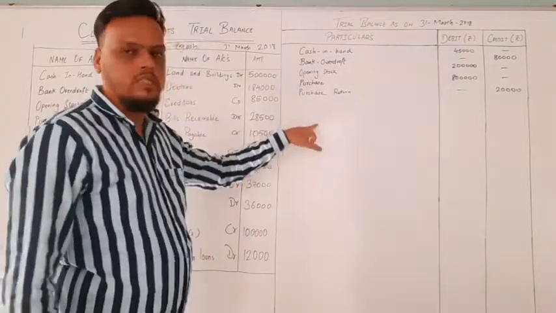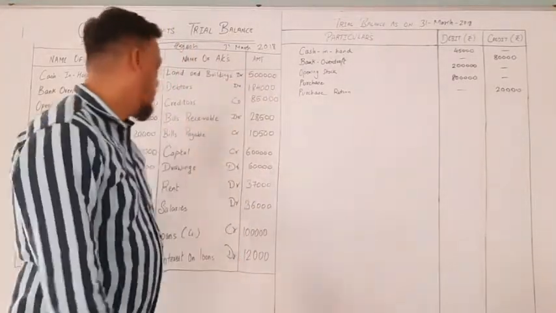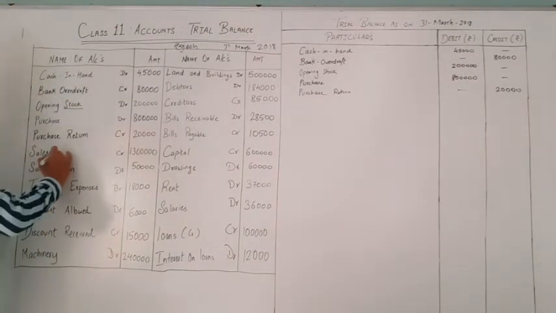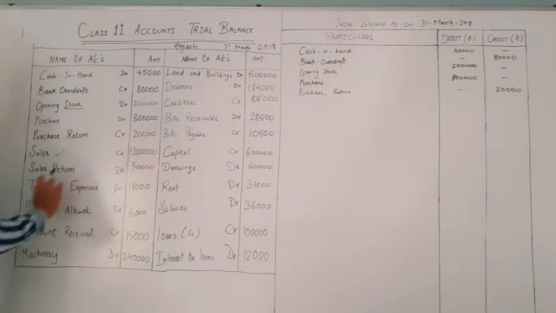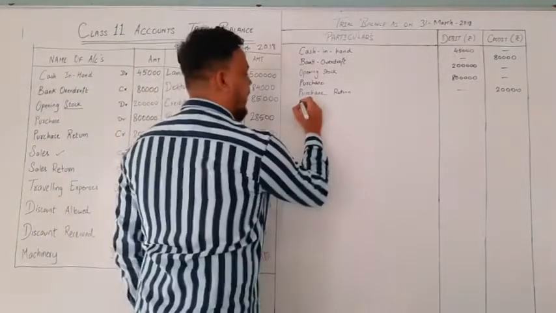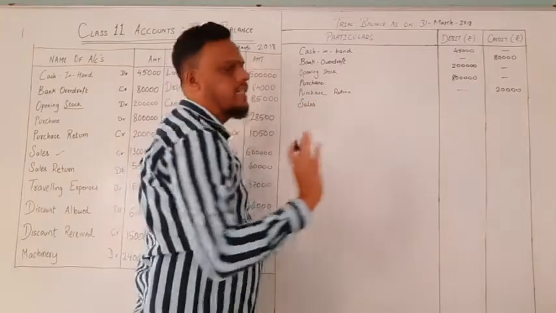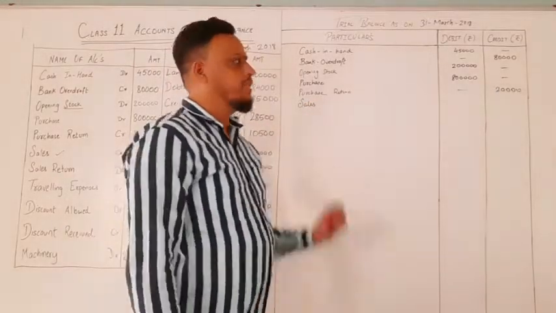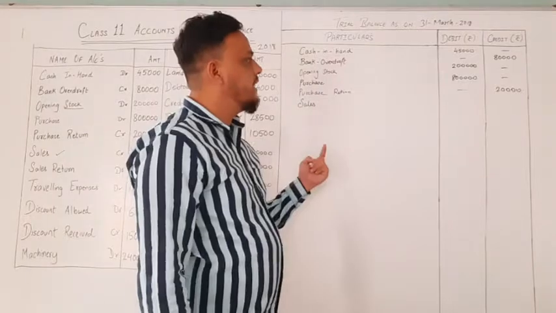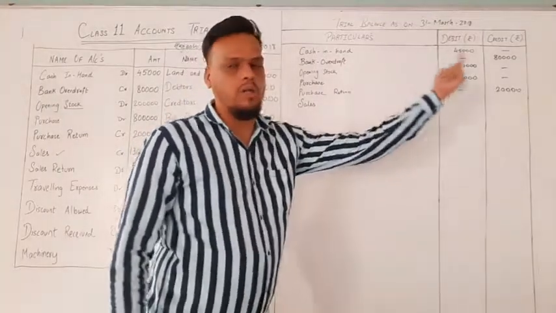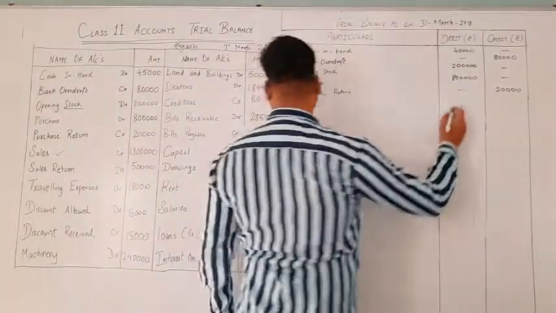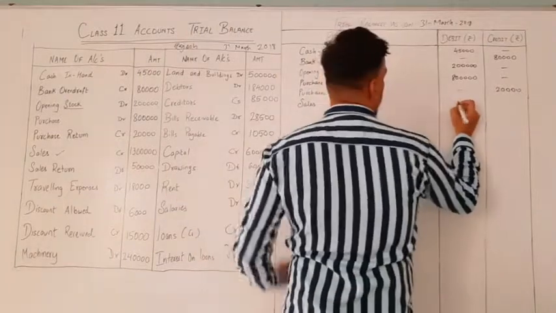I am doing it for sales, so you will understand that concept. Now it has been said sales. Sales is always on the credit side. Sales return is always on the debit side. What I will do, I will write here only sales, because sales return will be understood since the balance will be on the debit side. So I am writing here 50,000